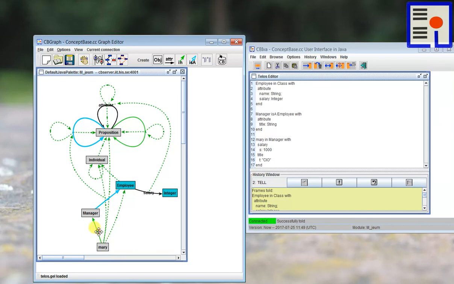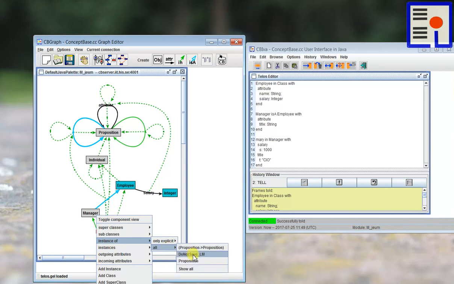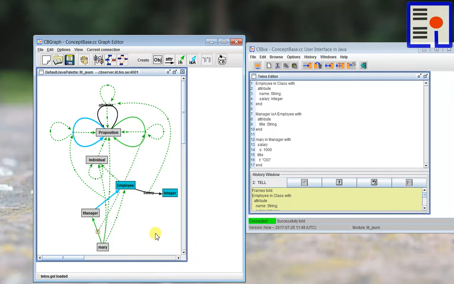Now let's look at this instantiation. That is an instance of instantiation, of the instance of. So these are all the 5 built-in types: proposition, and its 4 incarnations, attribution, attribute, instance of, individual, and ISA. So that concludes this little episode,